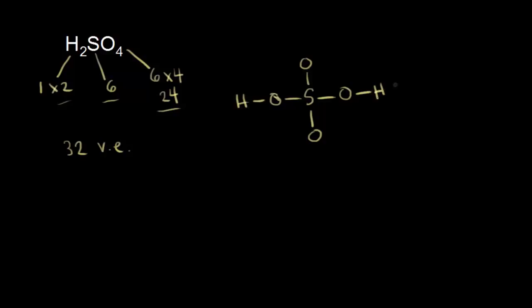And let's see how many valence electrons we've used up drawing this skeleton here. So we have 2, 4, 6, 8, 10, and 12. So we've used up 12 valence electrons, so 32 minus 12 gives us 20 valence electrons left to worry about. And so remember, the next step is to assign some of those leftover electrons to some of the terminal atoms. But again, we're not going to assign those electrons to hydrogen because hydrogen is already surrounded by 2 electrons. And so we're going to try to assign some electrons to oxygen, and oxygen is going to follow the octet